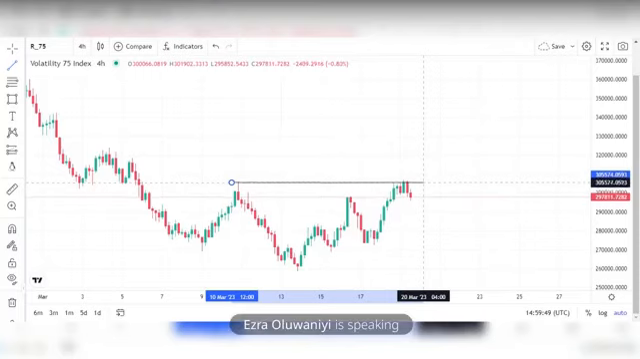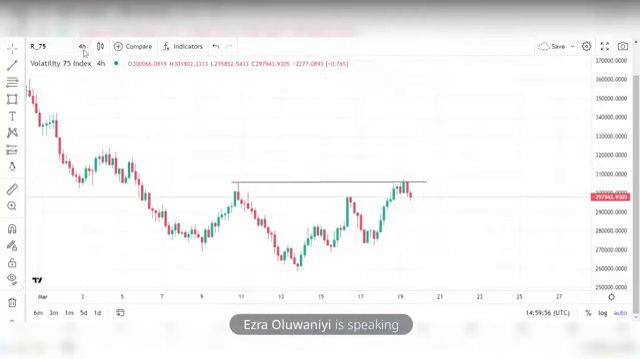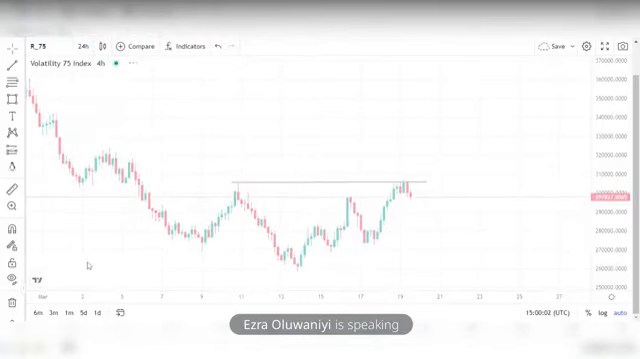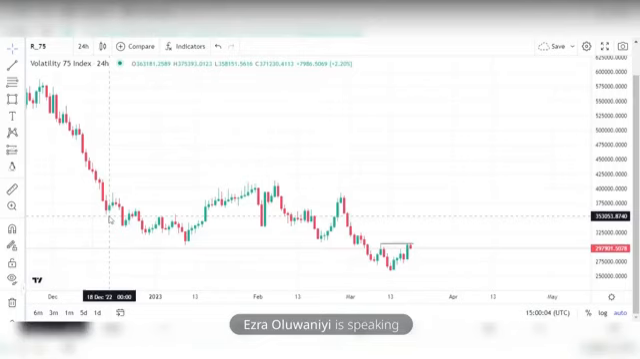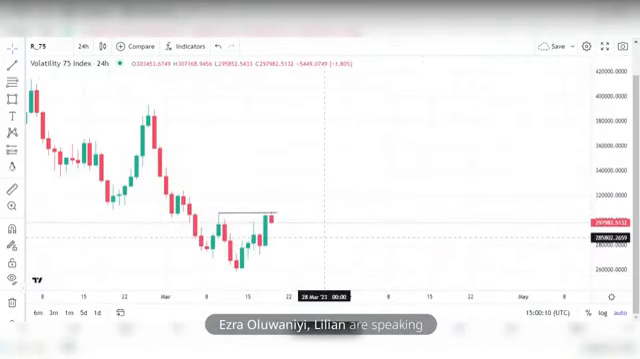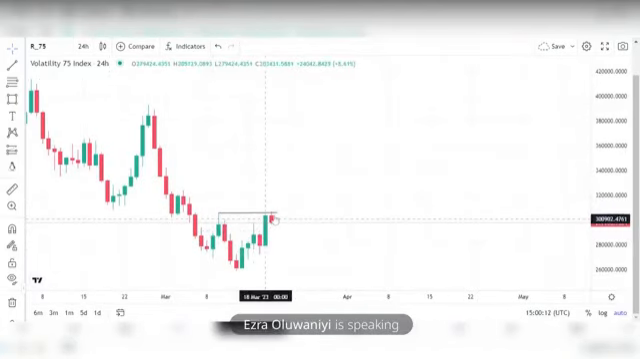Remember the rules I gave you. Whenever an H4 zone gets violated, the next targeted zone is your daily zone. If that is violated, the next targeted zone is where? The weekly. The weekly. All right, that's amazing. You see this? On daily, this is still very much valid. But price has already taken out the